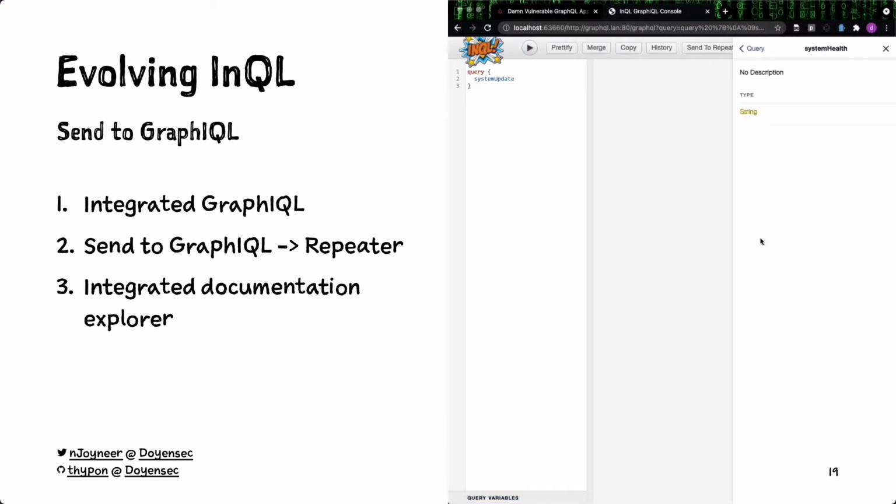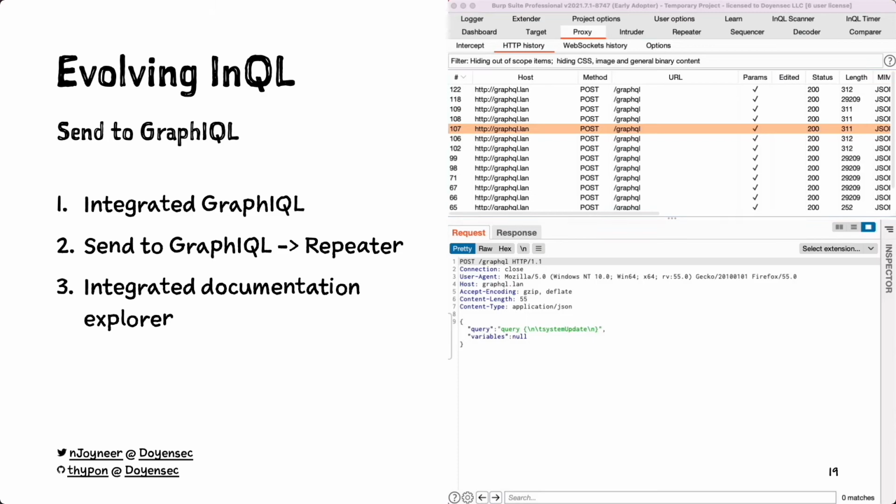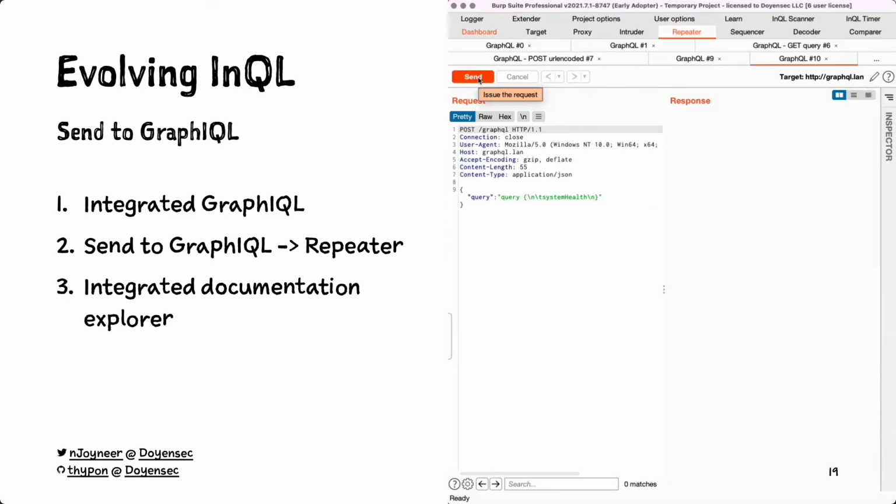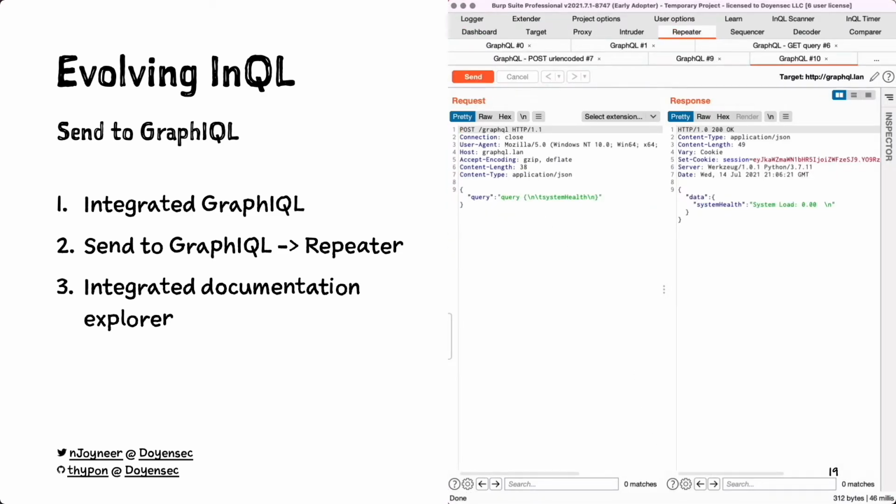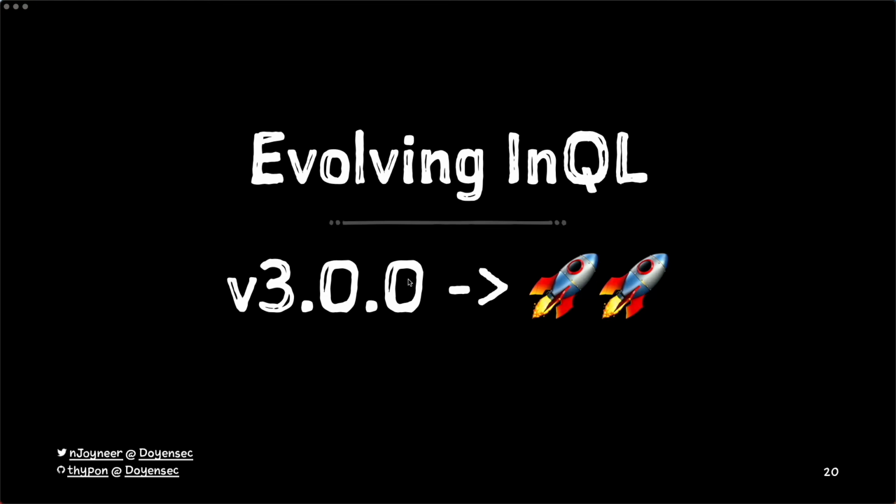The GraphQL integration allows you to check for query documentation easily. But the integration is two-way. You can even send from GraphQL to the repeater. While version 2 represented a huge milestone, even for the integration within the Burp App Store, version 3 included